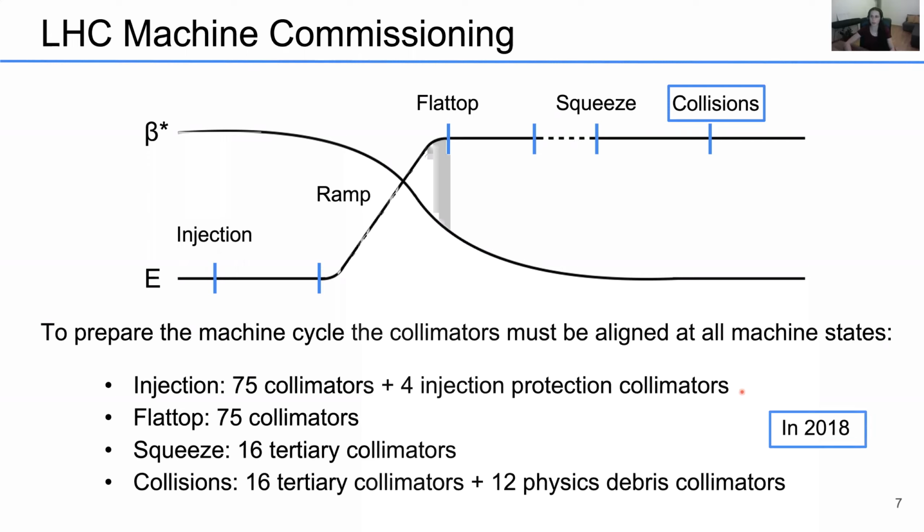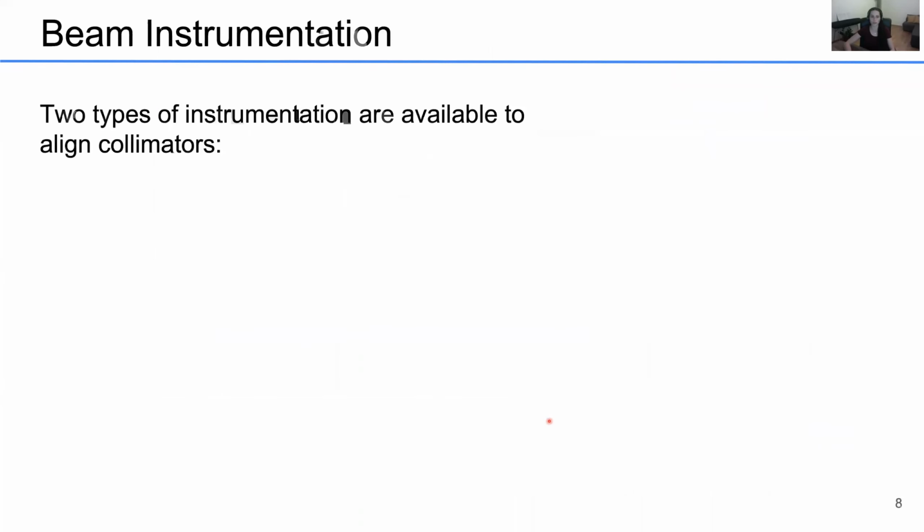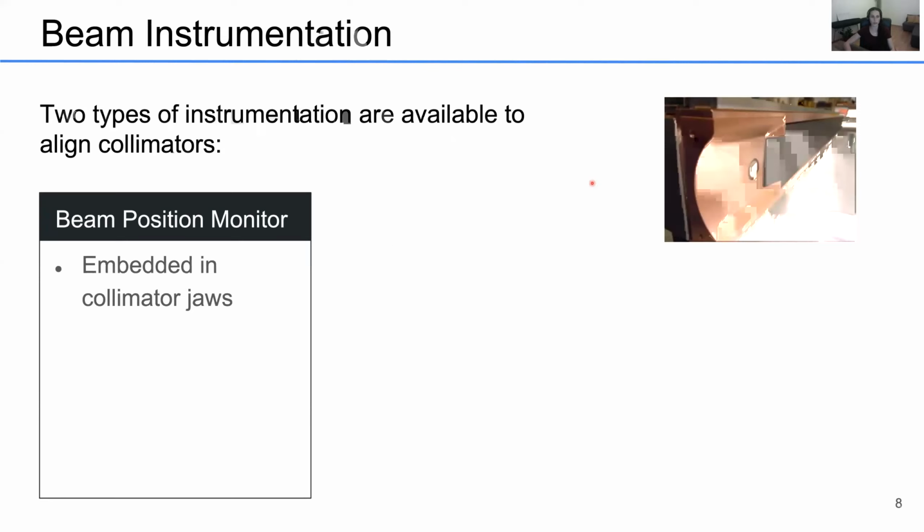Now, these numbers are the collimators we aligned in 2018. Of course, as we add more collimators, these numbers will change. So to align the collimators, we have 2 types of beam instrumentation available. The first is the beam position monitor. And here we can see that these are